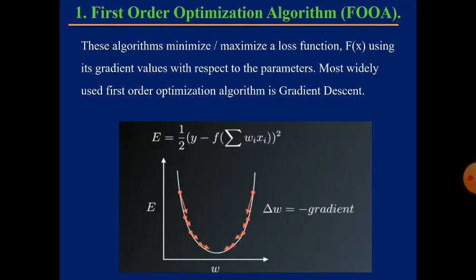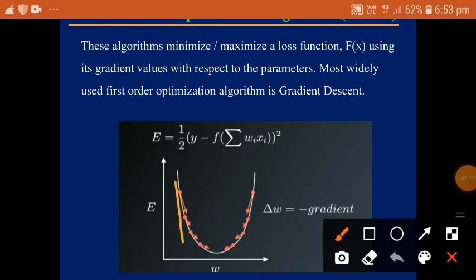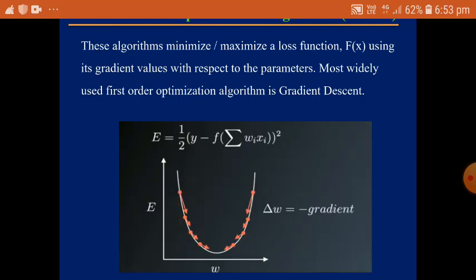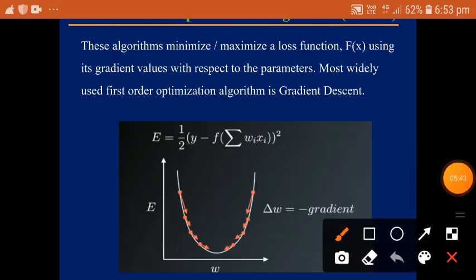So here gradient descent is nothing but, if you see the graph, there were different red marks here. What we are doing is, as we keep on reducing or adjusting the weights, the error is being reduced. See, as we keep on reducing the weights, the error is reduced. We have to identify where the error is very, very less. See here the error is very less. That part we have to identify.